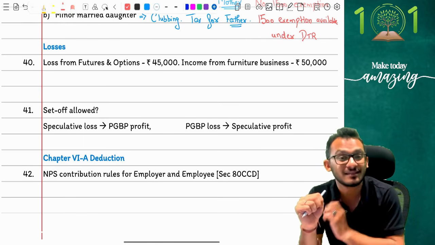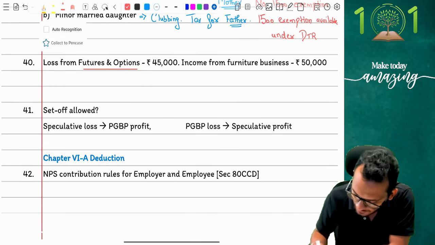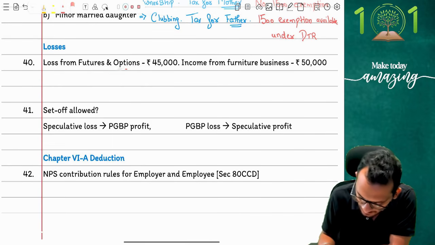I'm in the losses chapter. Losses come and say any kind of loss from futures and options is 45,000. Income coming from furniture business is 50,000 rupees. The question